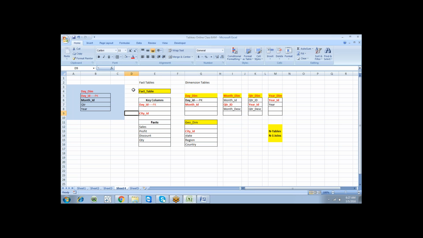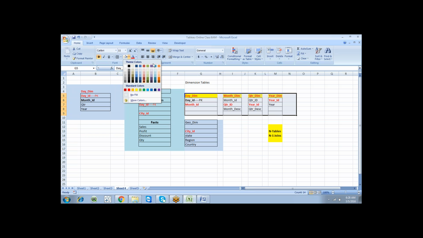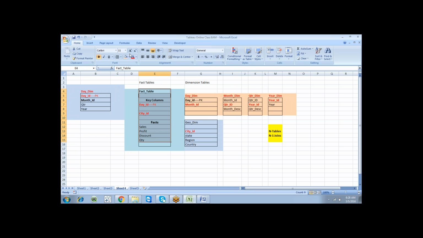This part is the star schema, and this is the snowflake schema, with a different color.